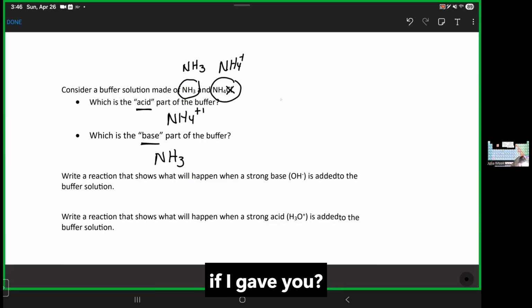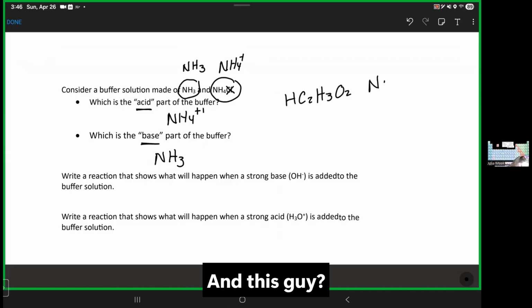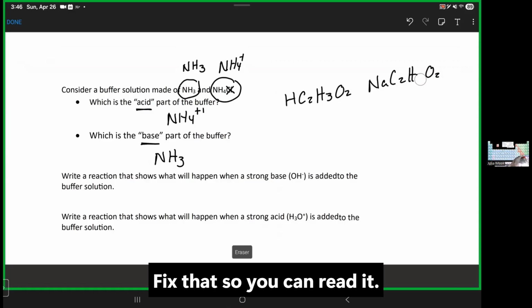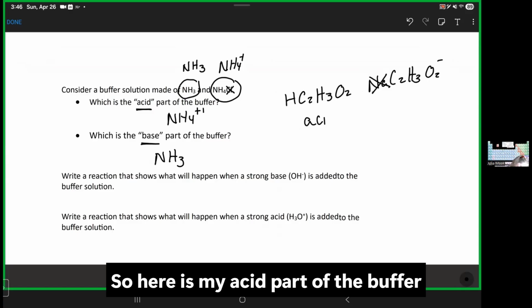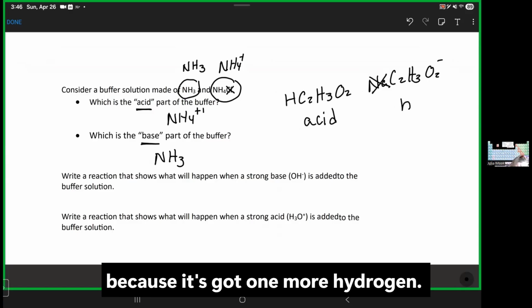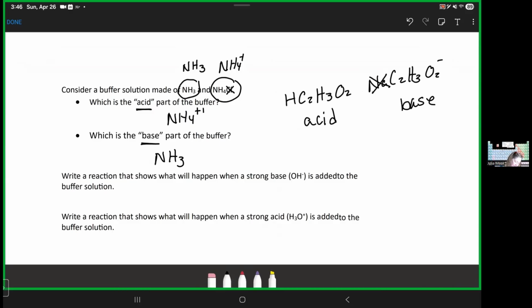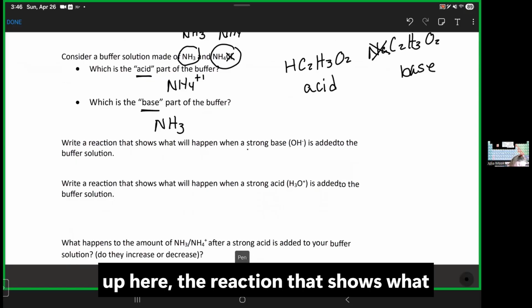Okay, what if I gave you this guy? Ignore that group 1 metal. So here is my acid part of the buffer because it's got one more hydrogen. There is my base part of the buffer because it has one less hydrogen. Okay. So now if we're looking at this one up here, the reaction that shows what will happen when a